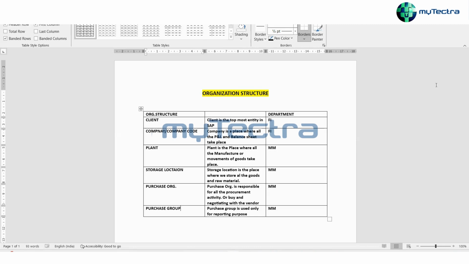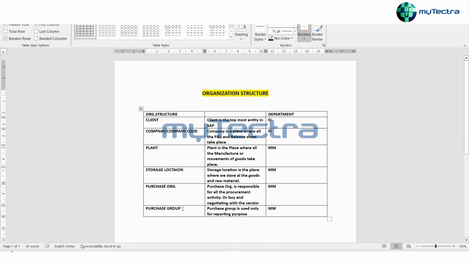You have a client, company code, plant, storage location, purchase organization. All these are interlinked with each other in SAP, and we have to link them. But the purchase group is not linked with any of these legal entities. That's why it is not mandatory.